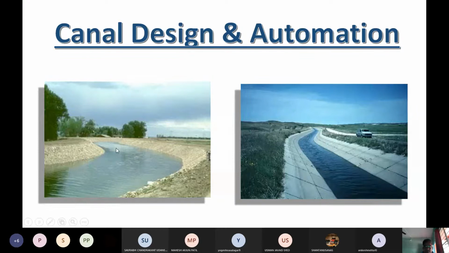On the left hand side you can see the unlined canal. On the right hand side you can see the lined canal, and a roadway is also provided for this lined canal. But in the case of the unlined canal, you have to observe the maximum losses inside the canal due to evaporation or seepage. You need to improve the efficiency of this canal as part of its capacity by reducing the losses, whether infiltration loss, percolation loss or evaporation loss.